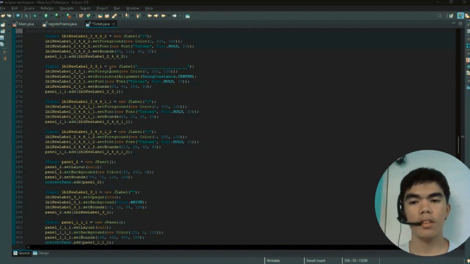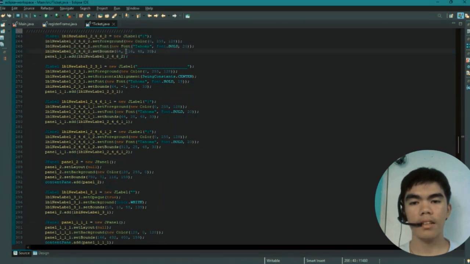Let's continue. Our next is the JLabel. This JLabel sets the foreground to new color, sets the font to new font Tahoma, bold, size 20, sets bounds to 64, 116, 48, 33, and is added to our panel. So next is our JLabel. This is the variable name and has a string.